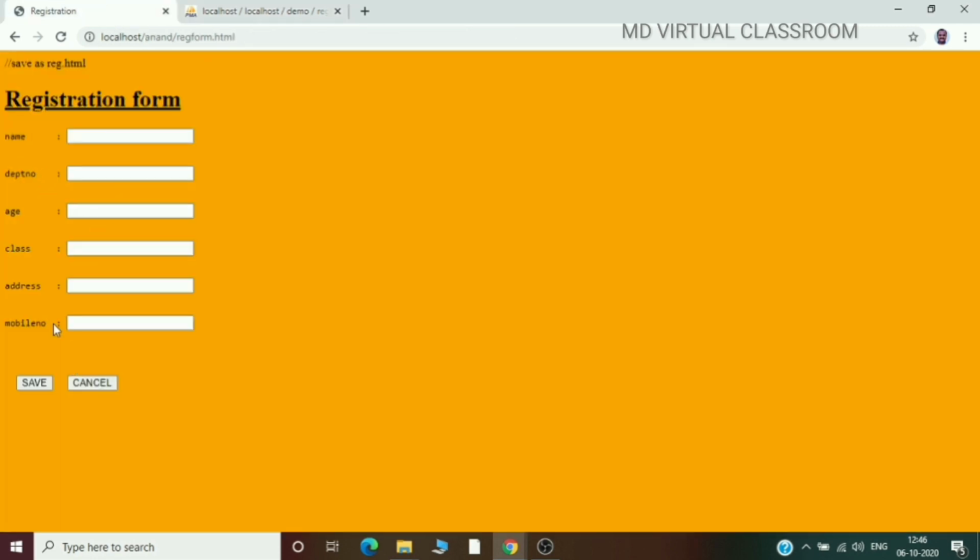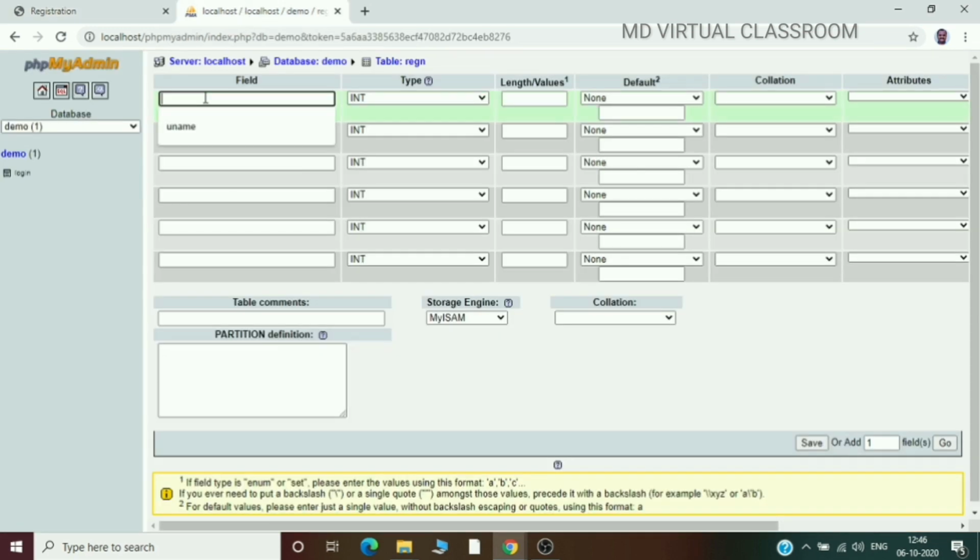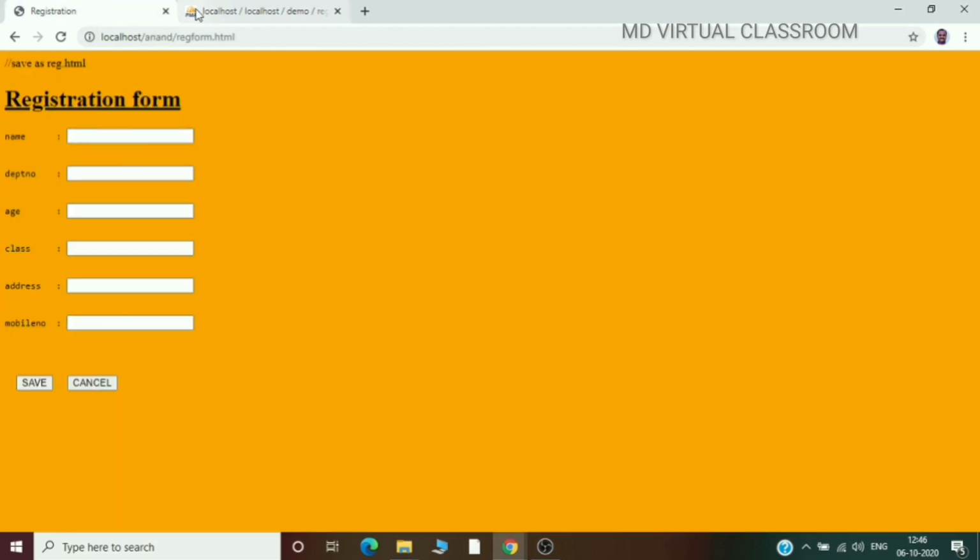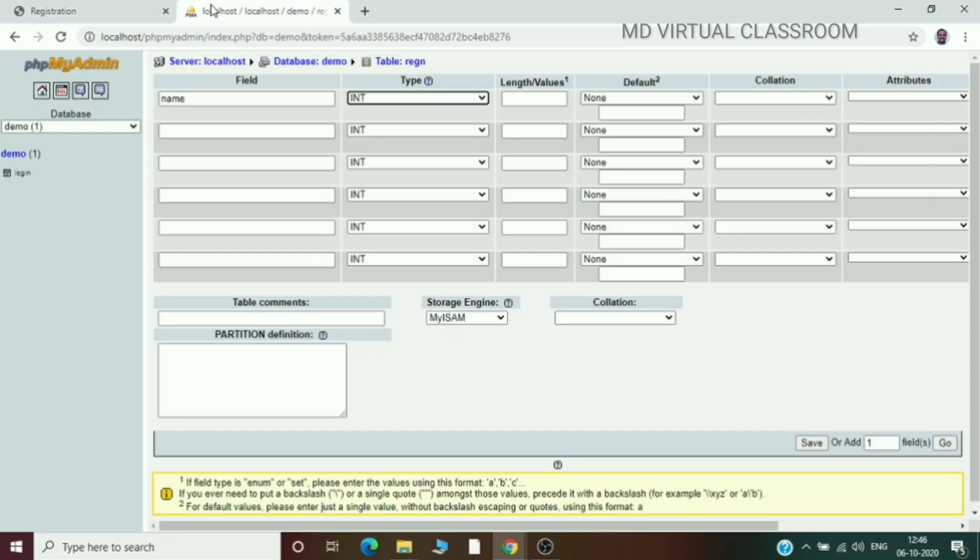The name you have given in the form, the same name you have to give here in the table as the field name. So the first one is name, and the second one is department number. So DEPTNO, the same case you can use.